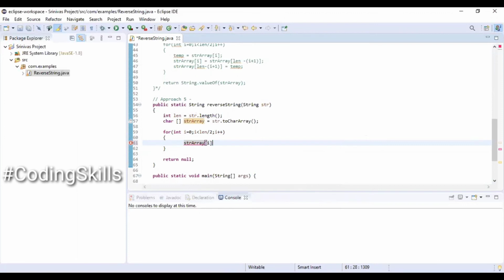strArray of i exclusive OR operator, strArray of length minus i plus 1.